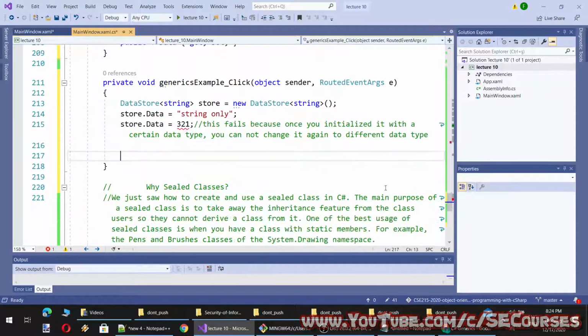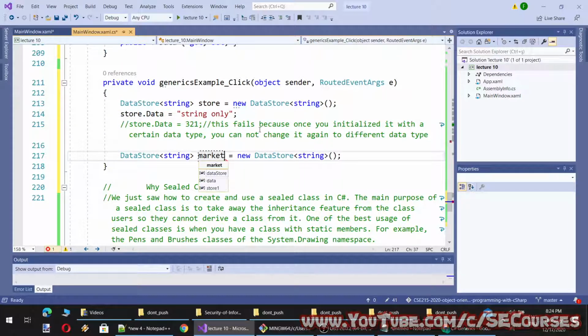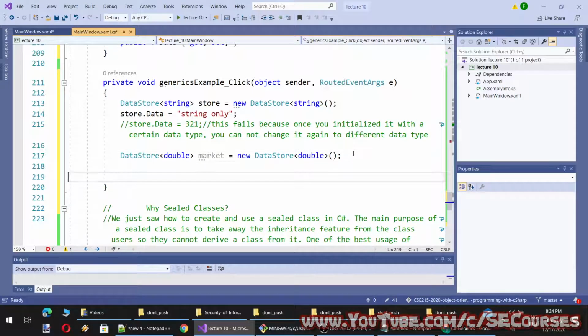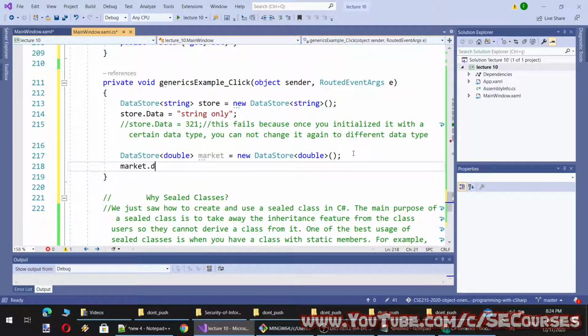However, what I can do is something like this. I will make it market, and this time I will use double. Market dot data can be equal to this.